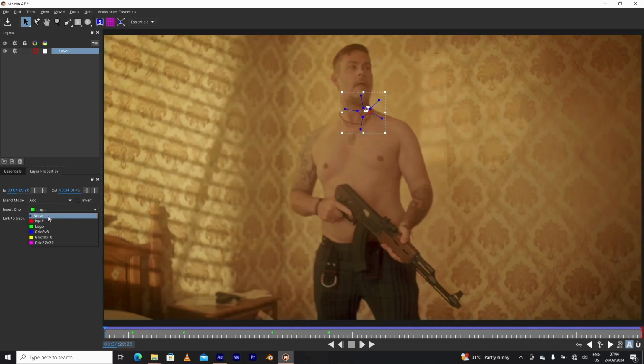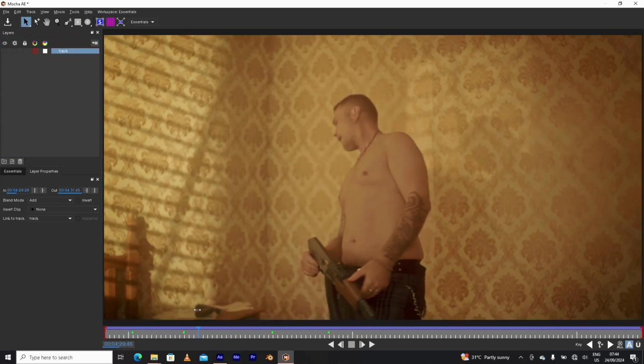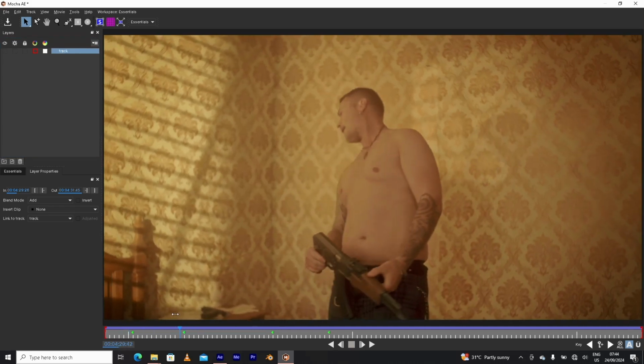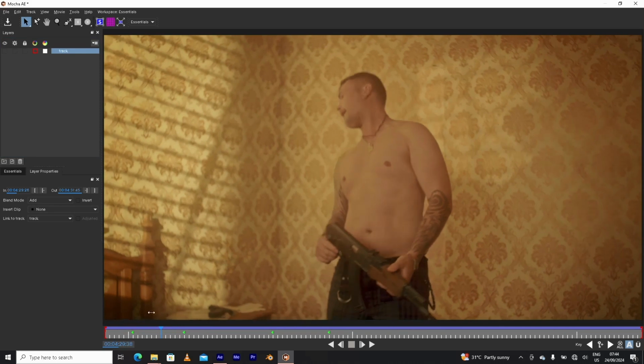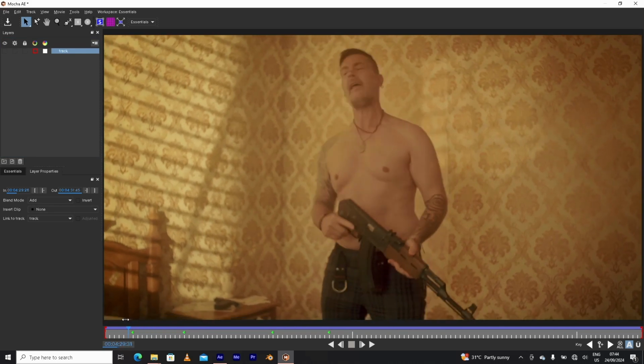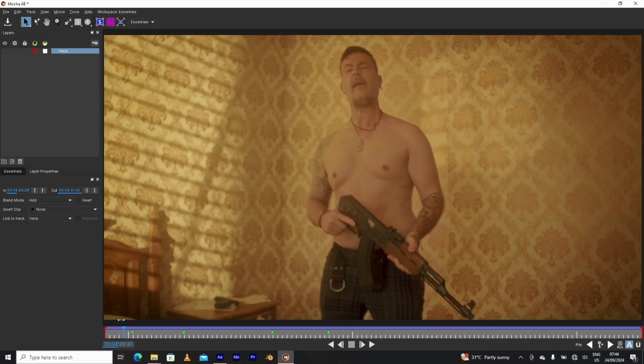So yeah, it's just like a quick track. We can double click and call it a track, and we put the layer off. For the head, we can do that through roto brush, but since we're already in Mocha, let's just track it in Mocha as well. So we need to mask the head. Click on this, draw a mask around